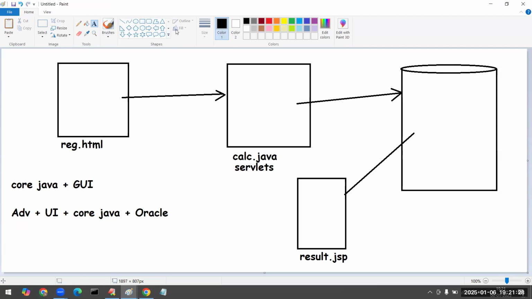The server will be available somewhere. You can use one URL to connect to that server and get this registration.html page. N number of persons can use this file. They can put the data, and the server will manipulate and store that data. For the same request, you can display the result.